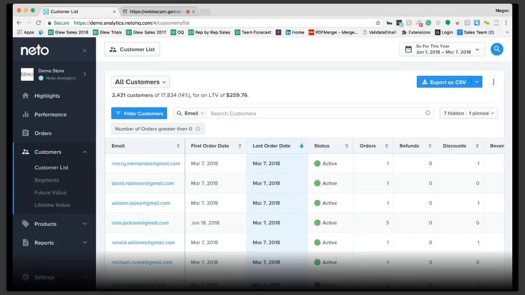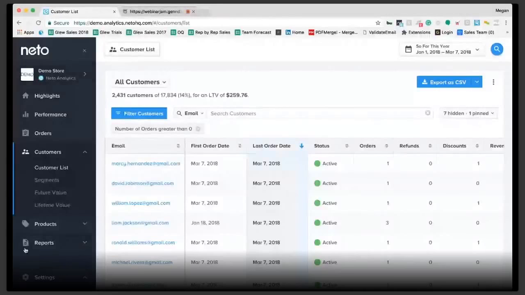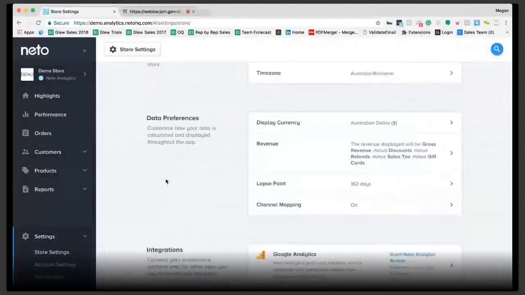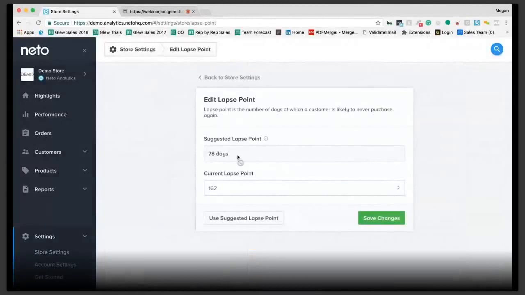I'll go ahead and show you guys quickly again where to do that. If you go down to settings, then you go to store settings, and then you click right here, the lapse point, it will show you the suggested lapse point, but then you can type in whatever lapse point you want. So as you get more data in your store and that lapse point increases or is more reflective of what you think it should be, you can always go back to using the suggested lapse point, or again, manipulate your own lapse point. Okay,